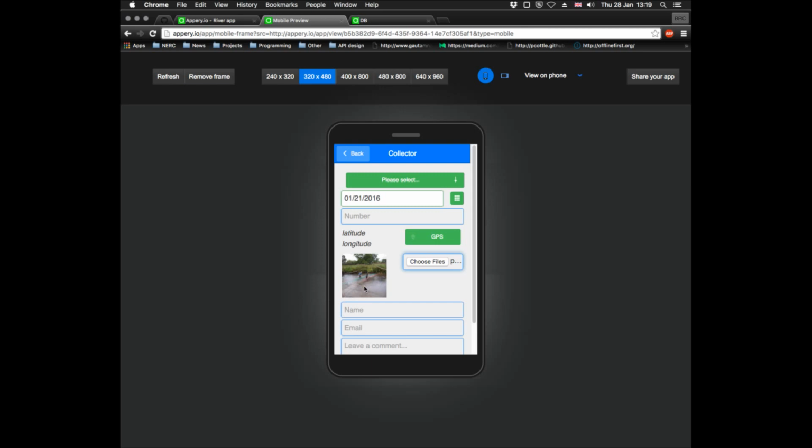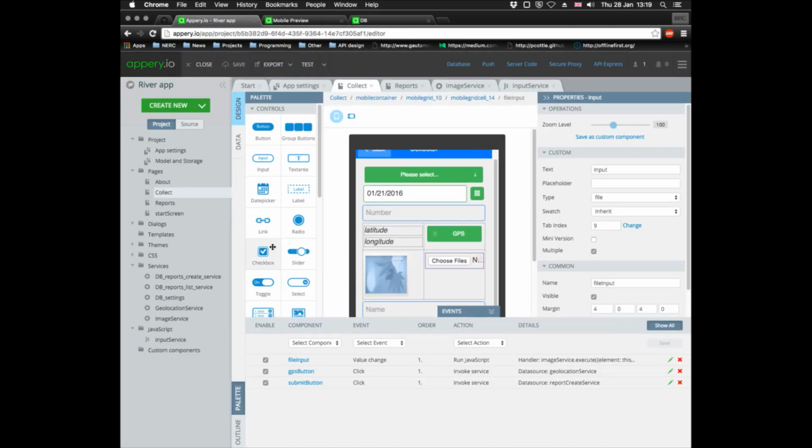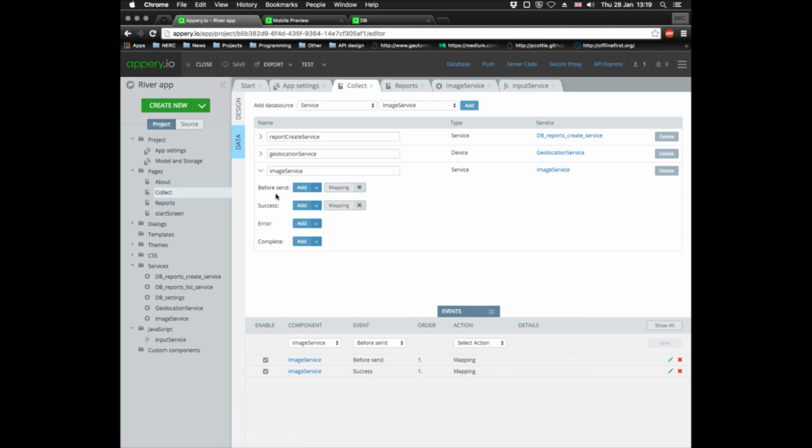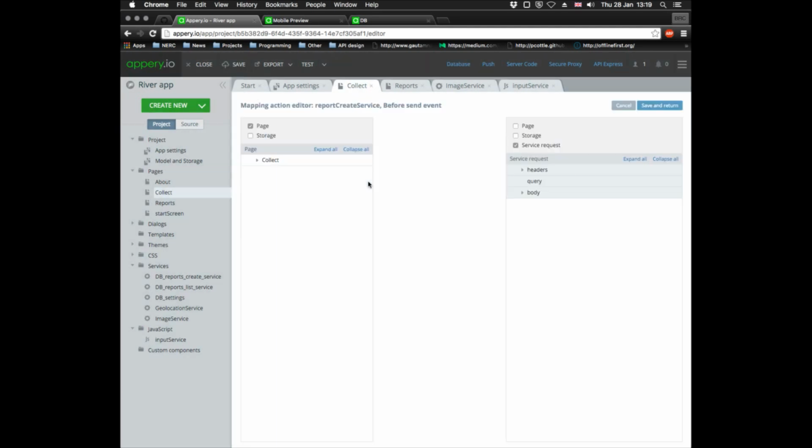So we have created that, and all we have to do now is, upon the submission of this new report, include this image as well. So we go back to the data, I can close that, and the report create service. I need to add a new mapping. Well, actually I need to update the mapping. So not on success, sorry, it's on before send. So before I send the report, I need to map that